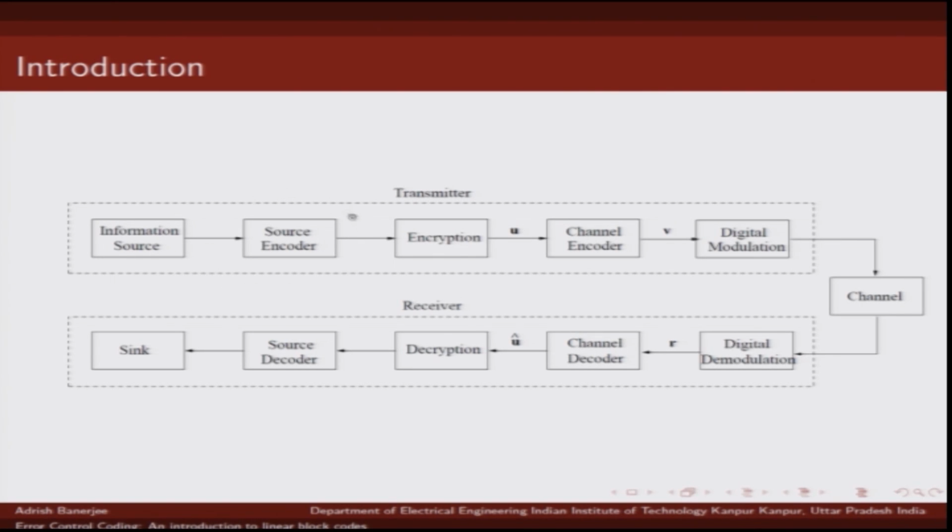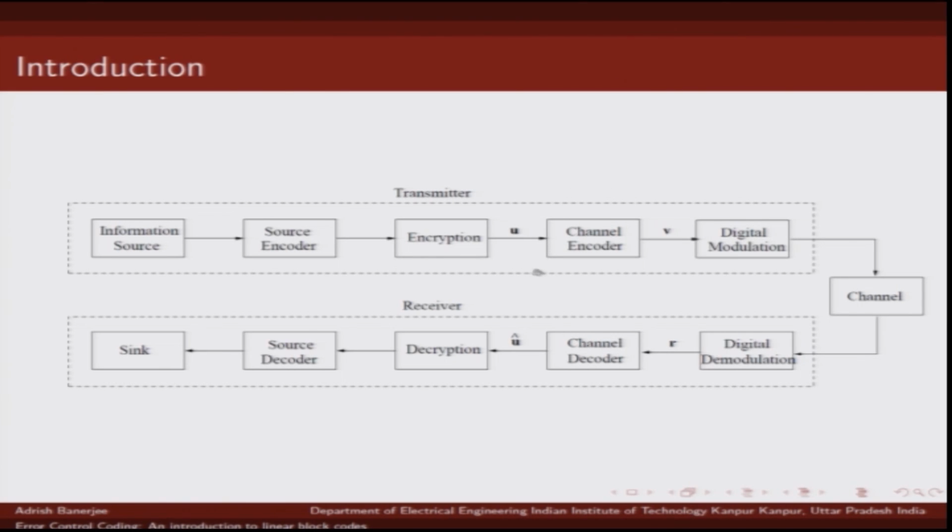So the first block that you see is the source encoder. Now, the source encoder essentially does data compression. It tries to represent the source efficiently in terms of the minimum number of bits required to represent the source. So that is basically done by this block, the source encoder. Now once you have compressed your source, the next block is data encryption. This is for secrecy, and then